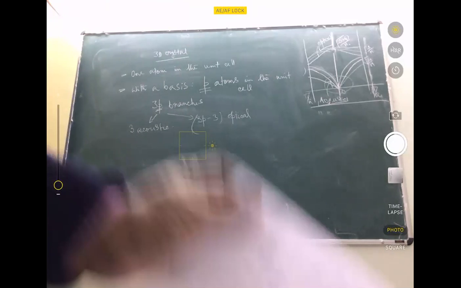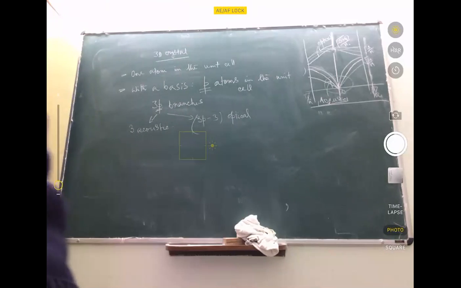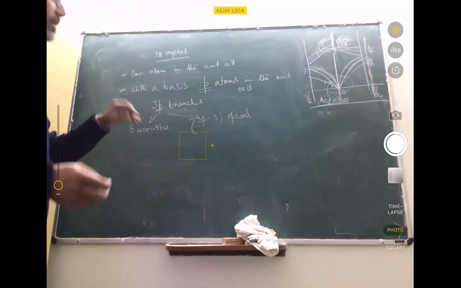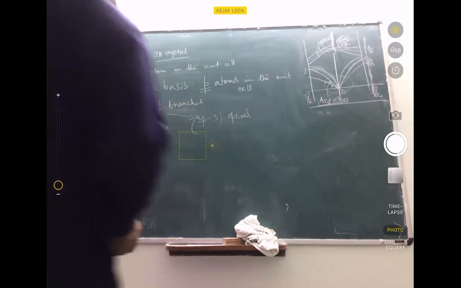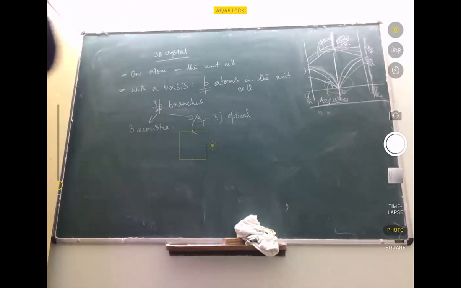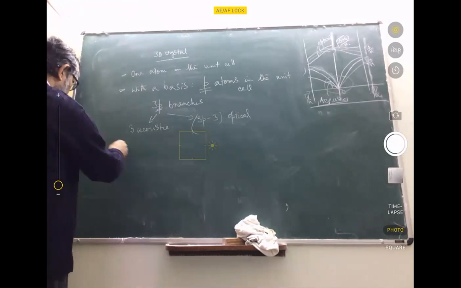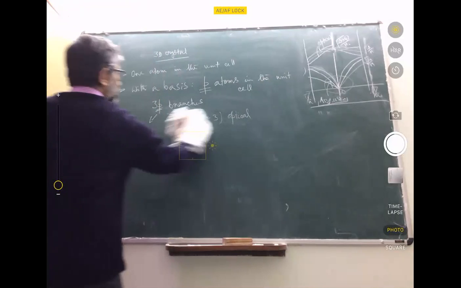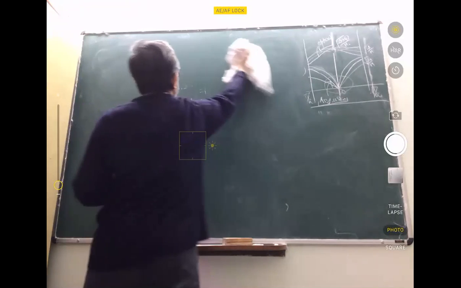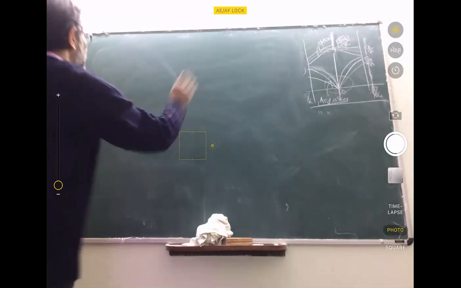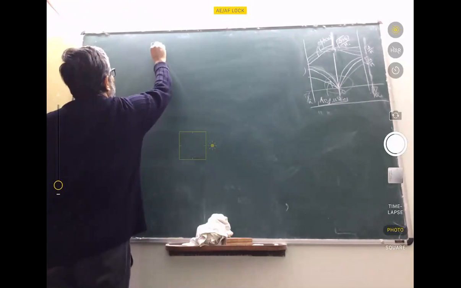So how will we do it? Most of the discussion should be clear as we go along, whether one is dealing with a monatomic lattice or a lattice with a basis. But let's see. We are talking of 3D crystals, so everything is in 3D now. I'm not writing it explicitly, but the important point is